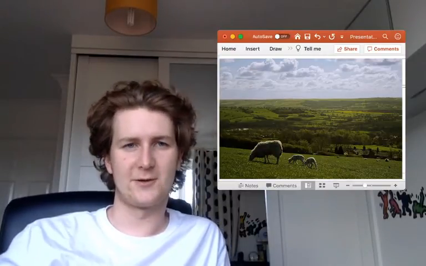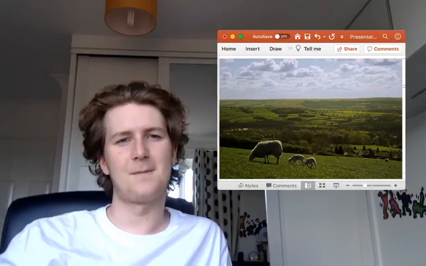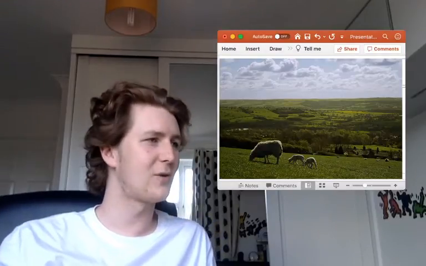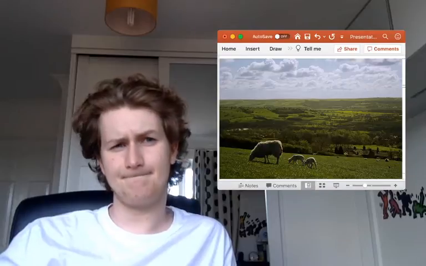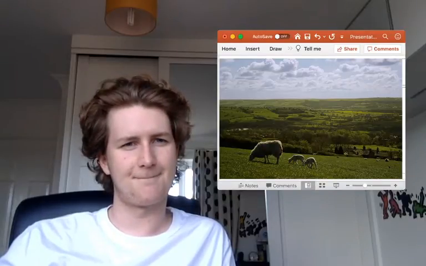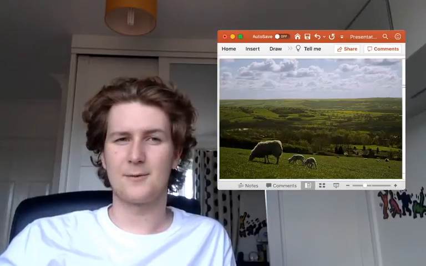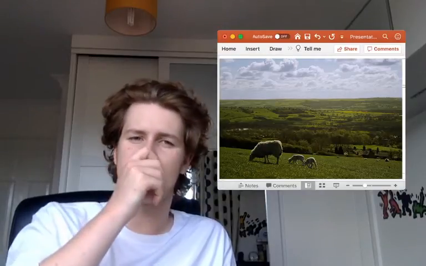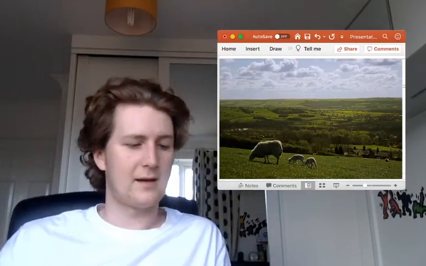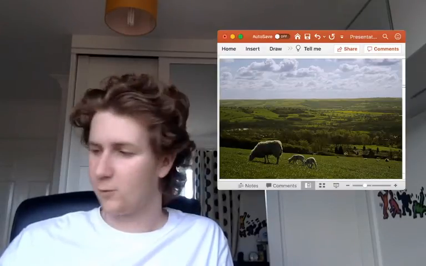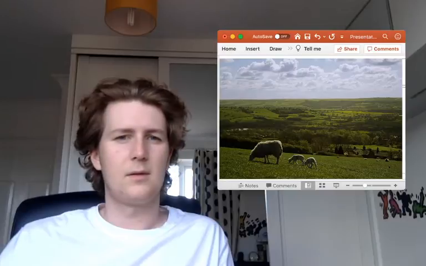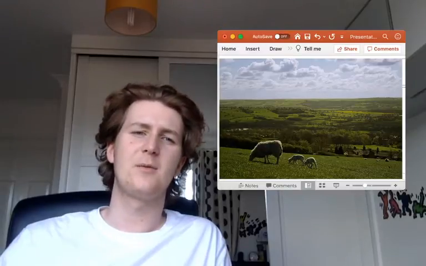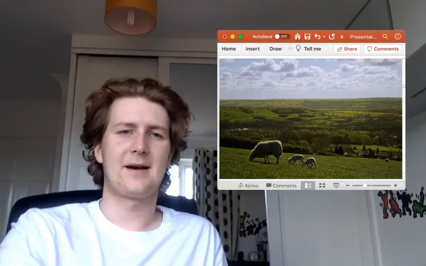Also fields, you can see all sorts of fields in the background, and that's a big patch of land that farmers use to grow things or have cows in or whatever. So they're called fields. What else can I see? Clouds, all sorts. There's so many things you could see in that picture, and that's a good idea if you're going for a walk or ever in nature, you could always have a look around and see if there are any words that come to mind. Okie doke.